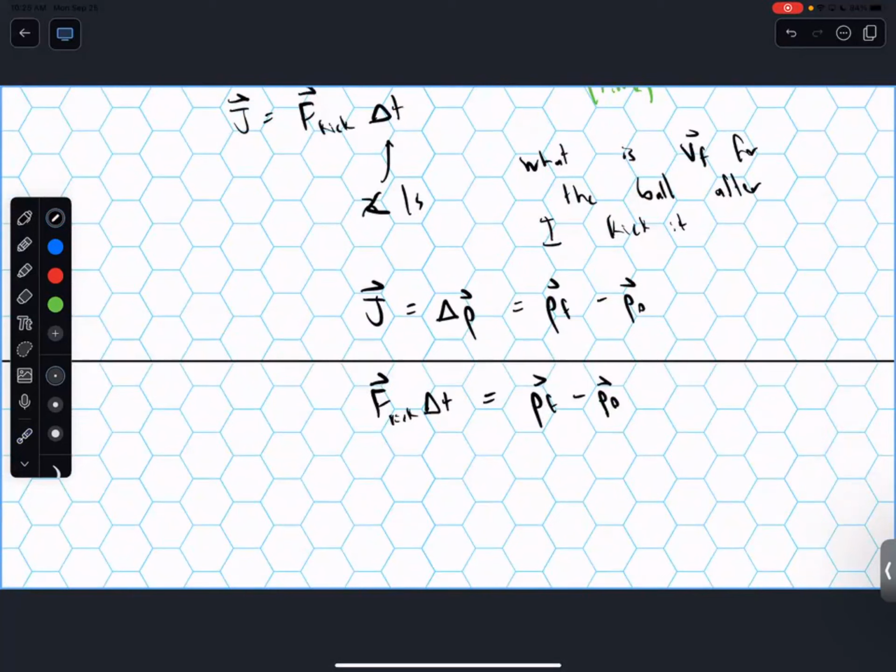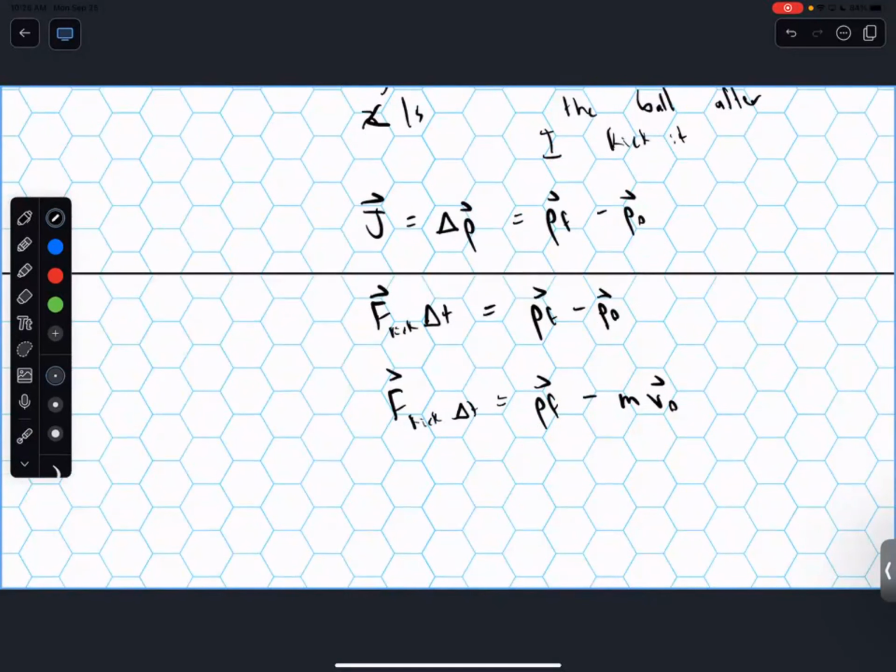So I have F kick delta T, and then I actually know P naught for my ball. So I can write F kick delta T equals PF, which is what we'd like to find, minus P naught, which is just the mass of the ball times V naught, whatever its initial velocity was rolling at before we kicked it. So then if I want to solve it, I can write PF equals F kick delta T, still keeping my vectors intact,